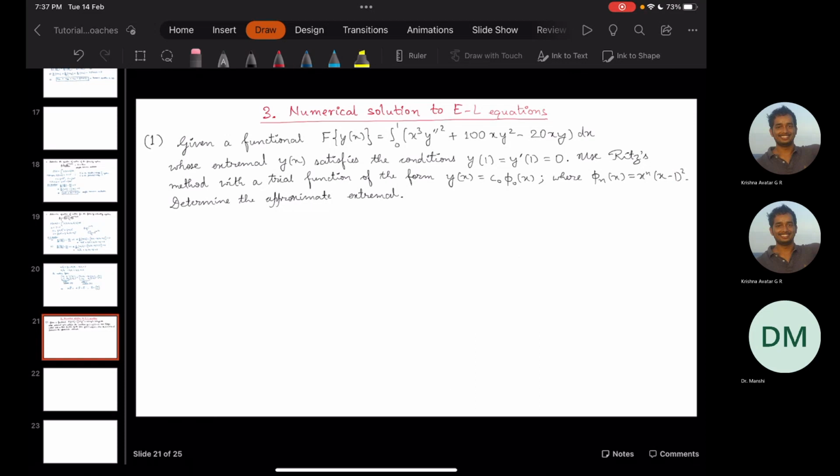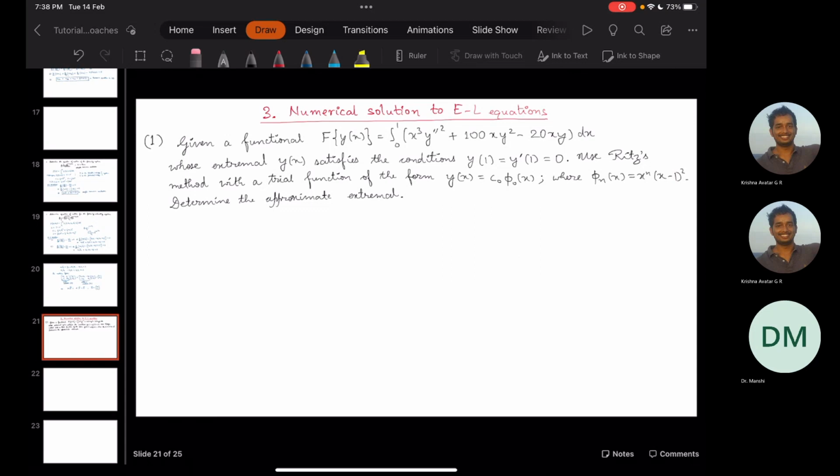This is defined over a fixed domain of unit interval, and so we have to determine the extremal y of x which satisfies the condition y(1) is equal to y prime(1) is equal to 0, and so we have to use the Ritz equation, or Ritz method,